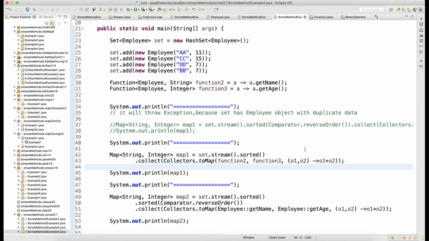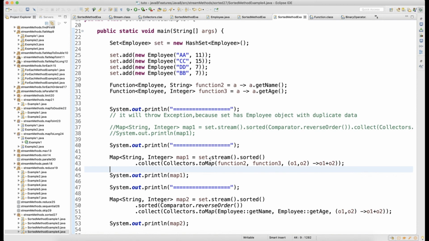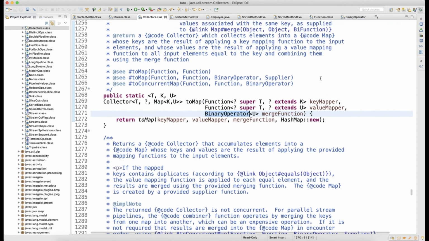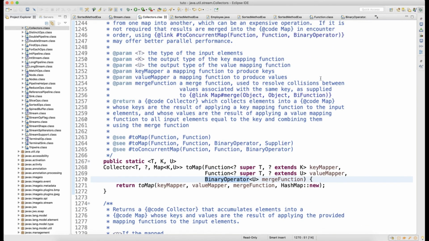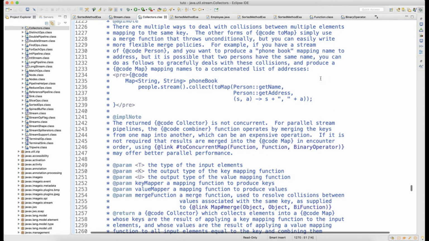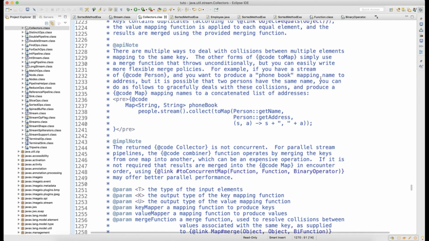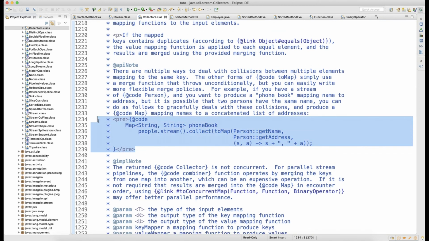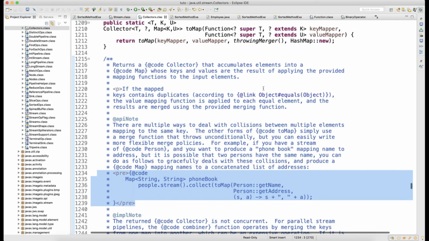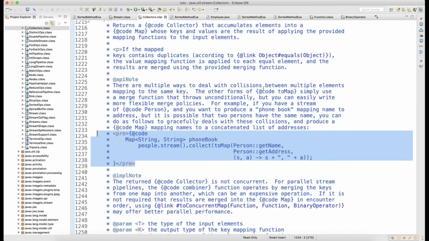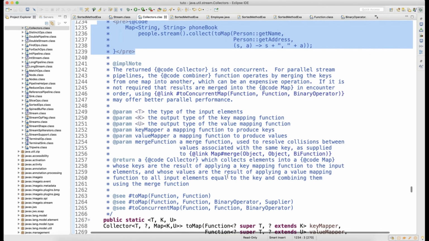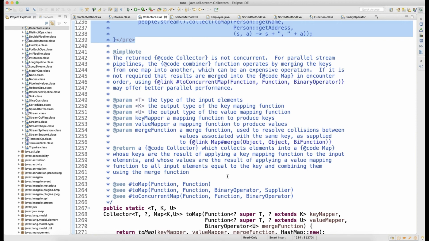So guys, again I'll explain. How this works is, go to the toMap method, press Ctrl, click on the toMap method. It takes this binary operator. So this binary operator will help you only if you are running a parallel stream. If you are not running a parallel stream, it will not help you much. Even in fact they have given an example also. You can refer to the Java documentation. They have given the example of how you should write that. You can go through all the Java documentation. You will get an idea of what you should supply, what you should not supply.